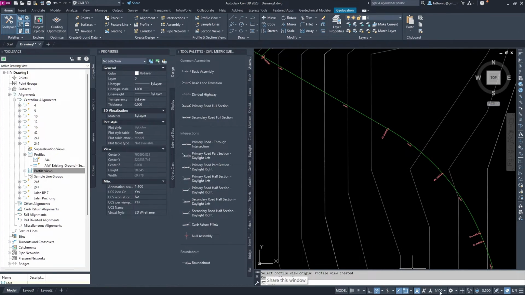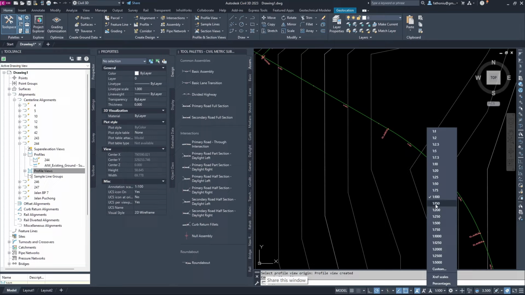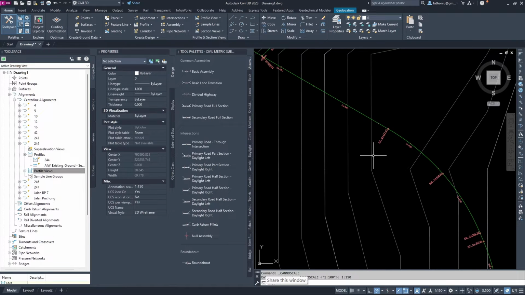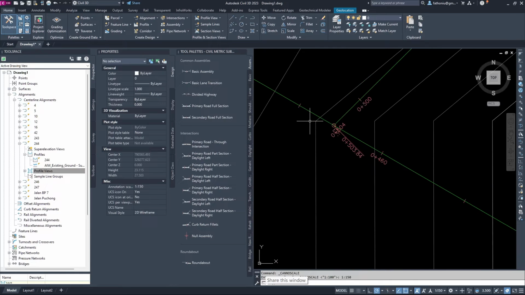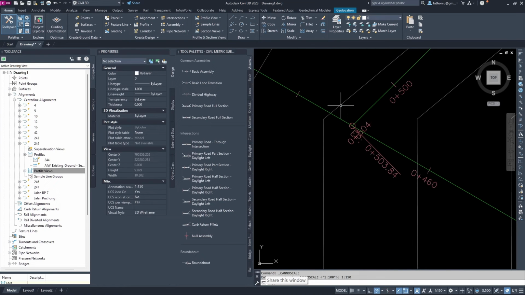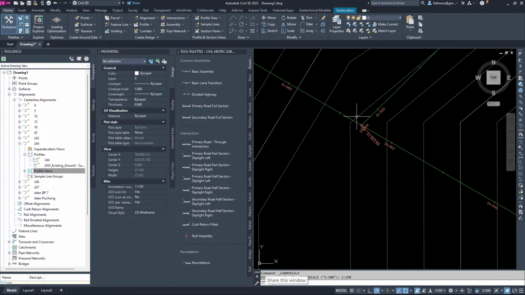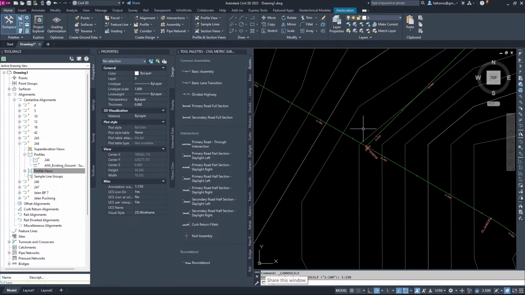Let me make it bigger for the annotation here, so you can see the intersection at this point. Okay, we don't have the assembly yet. So let me move this one, so then we can access.